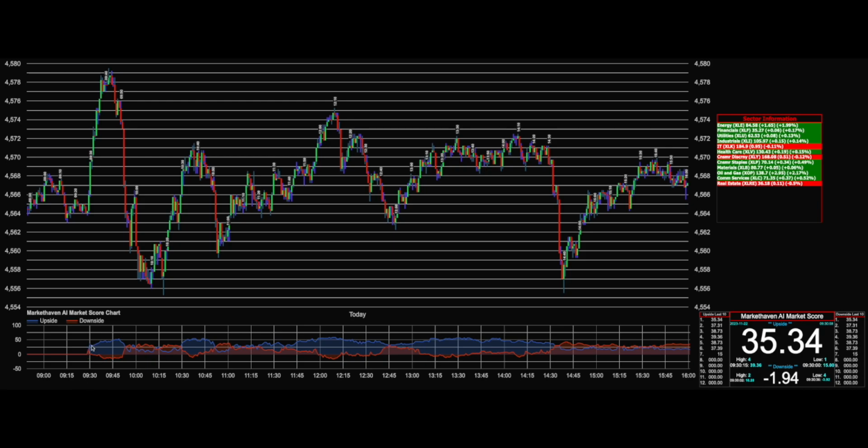So the first trade starts right out the gate. We start out right here. The upside score jumps from 15 all the way to 35 and the downside drops from 15 to negative 1. So the first trade is right here. So that entry would be